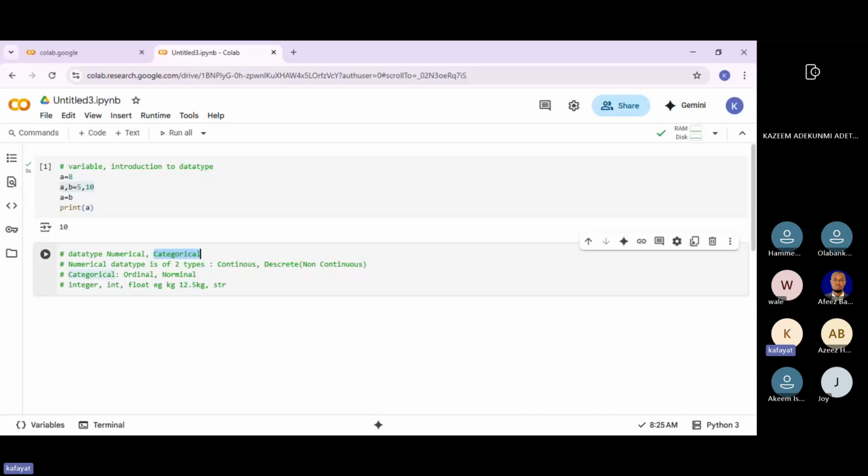Are you getting it? So when you say something is str, it's telling you that it's a string. Any of us that has done Excel will understand what a string is. A string is just like a text. So it's telling you that this is a text, a word.